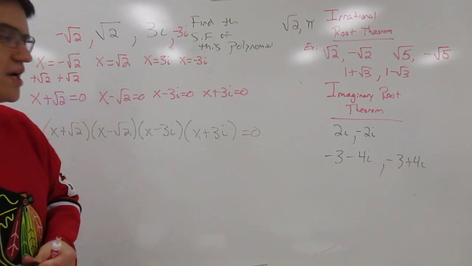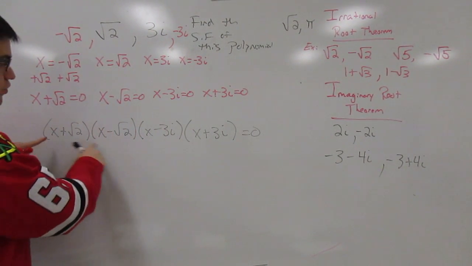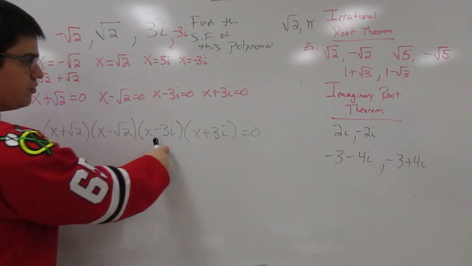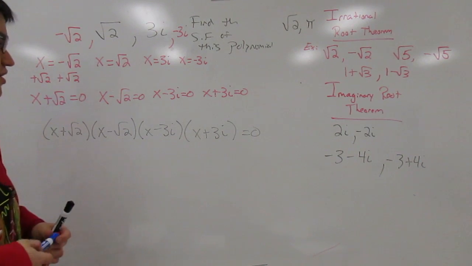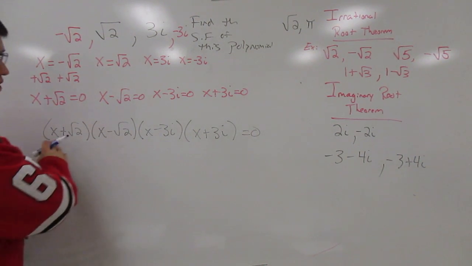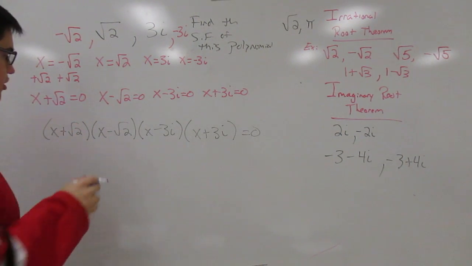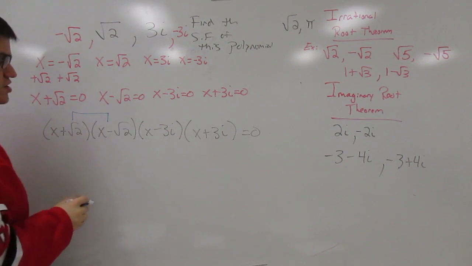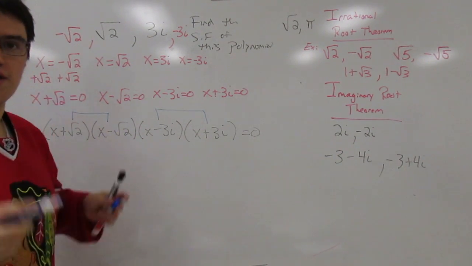So sometimes it's easier with this too. When you go to do this, you want to kind of match the pairs up together when you're multiplying. It makes your life a little bit easier. You don't have to, but it makes your life easier. All of these are being multiplied together, so we have to double distribute. But to be smarter, I'm going to distribute these two together, and then I'll distribute those two together, and then